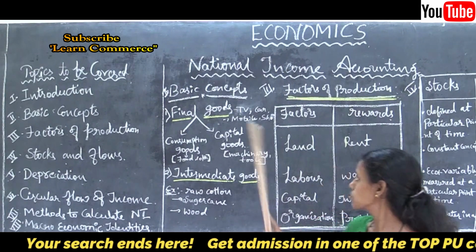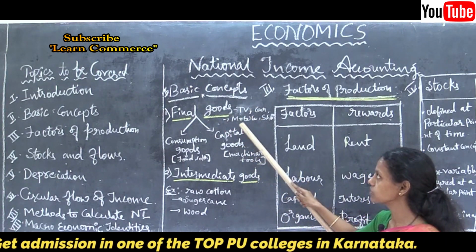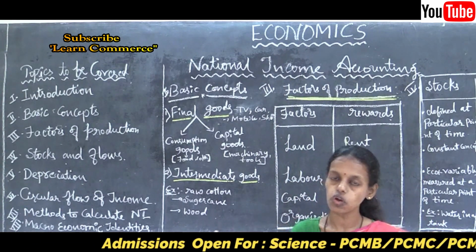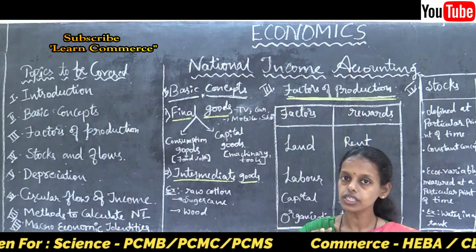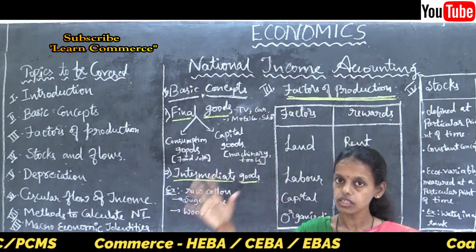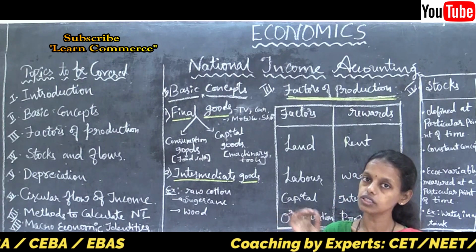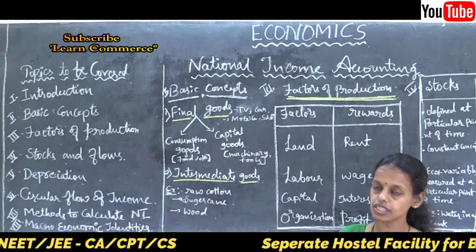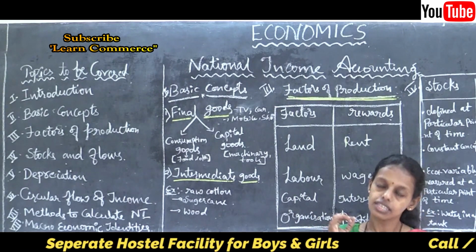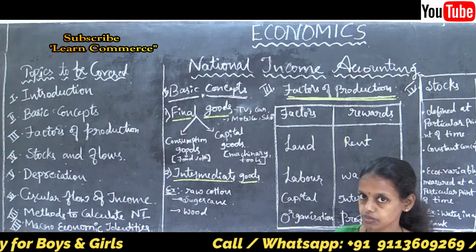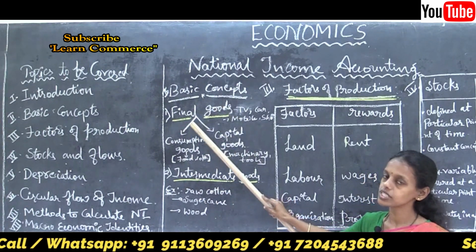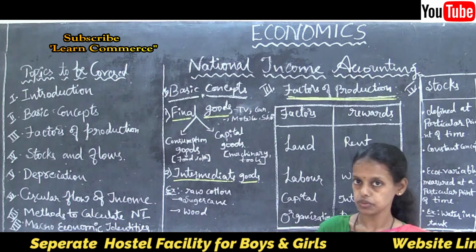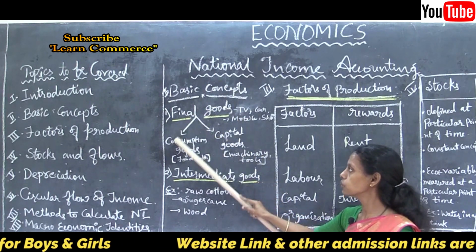Similarly, before the manufacture of a car, different spare parts are there. After joining all of them, it becomes a final good, one car. The items that are used in the process of production are said to be intermediate goods. Final goods are meant for the final consumption of the consumer or for the producer. Understood?